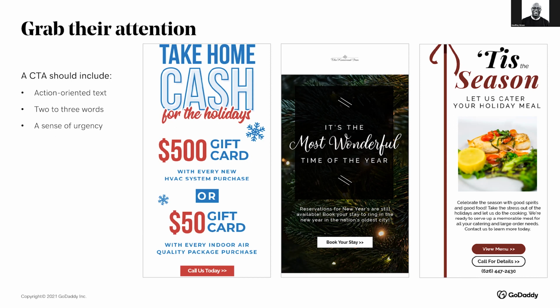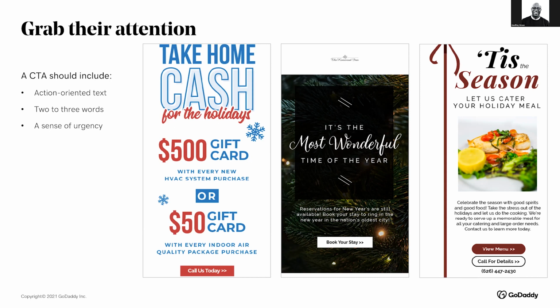So you'll draw the reader in and compel them with things like get the discount, reserve your spot, try for free, and so on. And as a rule of thumb, when you're creating these buttons or these CTAs, I would try to keep the text to 2 or 3 words. And if necessary, you can add up to 5 or 6, but no more than that. So using phrases like act now, come in today, call now, to really create that sense of urgency in your CTA and generate a higher click-through rate.